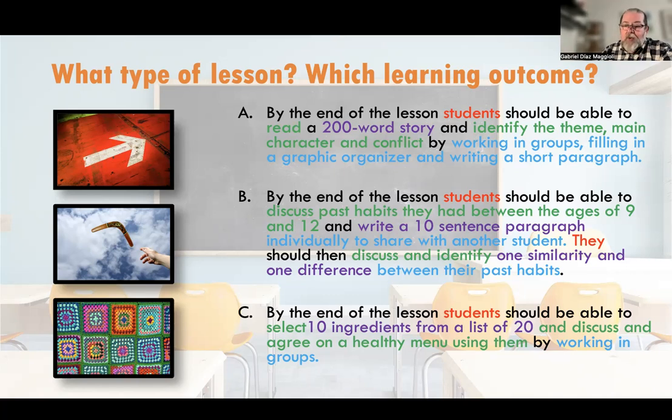They select 10 ingredients from a list of 20, and they talk to a friend, a peer, to agree on a healthy menu using those 10, working in groups. This, of course, is communication from the beginning, is engage, activate. Then after they present their healthy menus, you can look at the language that they need, teach it, practice, and they do another task. And the patchwork lesson is A, evidently, because they have a story, they identify different elements,